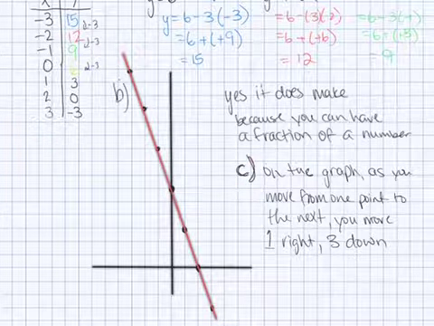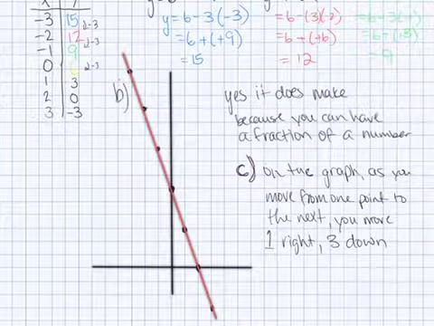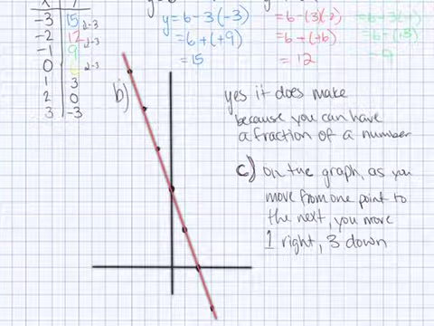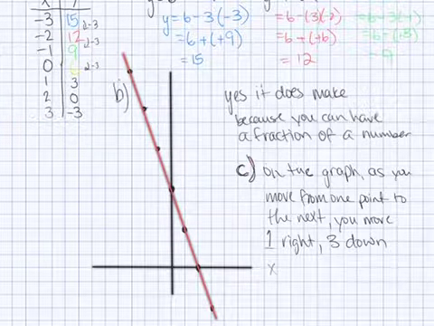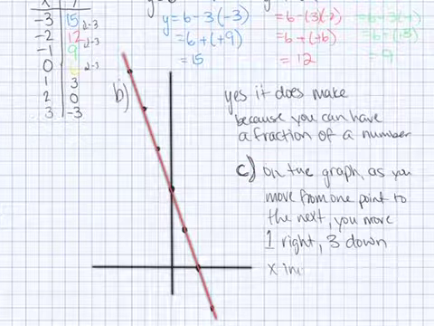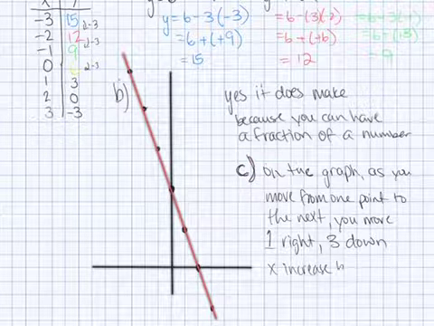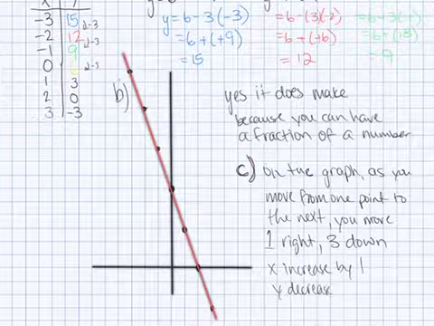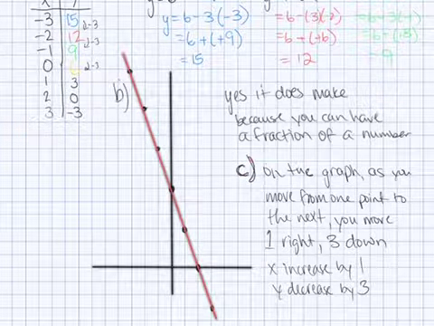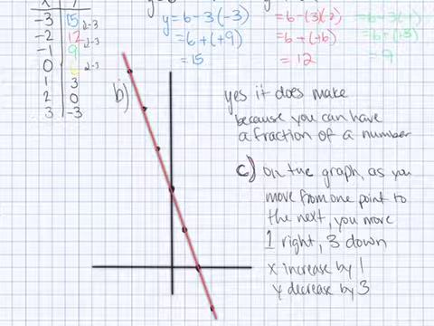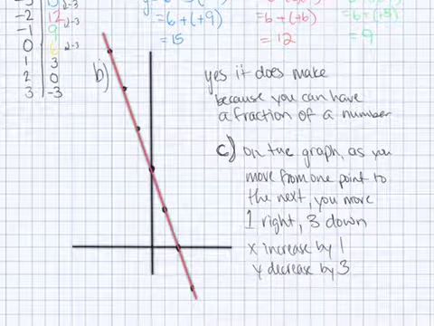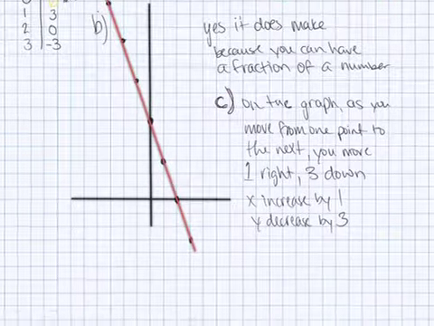And this is where you get a negative slope, or a negative line, whereas the other ones we were dealing with were always positive. So x will increase by 1, but y decreases by 3. And we're always trying to build our answers, right? And then the last question will probably be asking, is this relation linear? Justify your response. Well, it is linear because